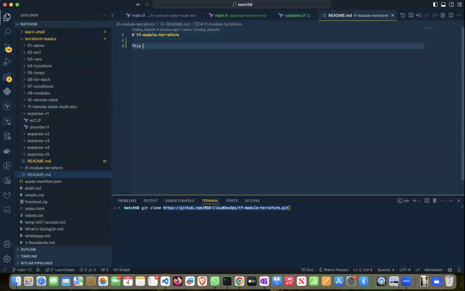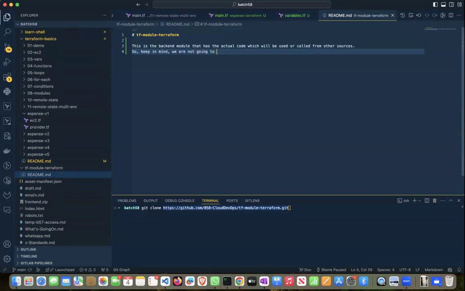I'll just write, this is the backend module that has the actual code, which will be used by a lot of modules, a lot of projects from other sources. So keep in mind, you are not going to hard code any values. Instead,